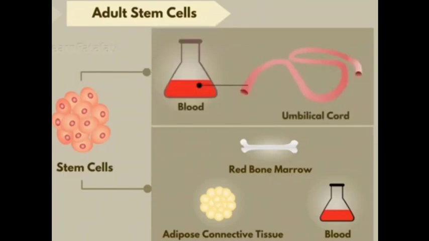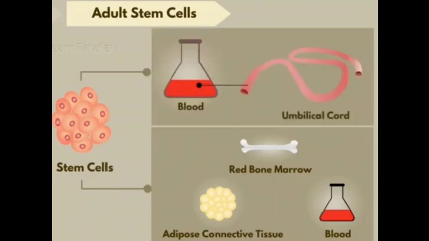After birth, these stem cells are still in our body. First of all, at the first stage when we are born, we have the umbilical cord, which is connecting us with our mother. Through that we get the nutrition. In Hindi it is called naad. From that we get some blood, and in that blood we get stem cells, so we can collect them from there.